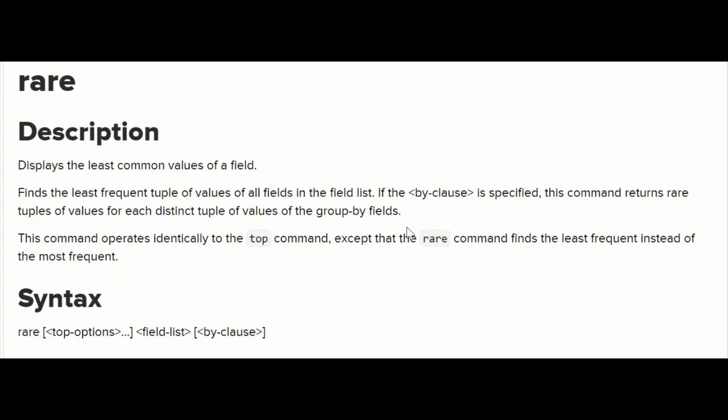Similarly, we have seen in the top command that we have used the by clause, and you can use the by clause here as well. The main difference is that instead of getting the most common values, you will get the least common values. As mentioned, this command operates identically to the top command, except that the rare command finds the least frequent instead of the most frequent.